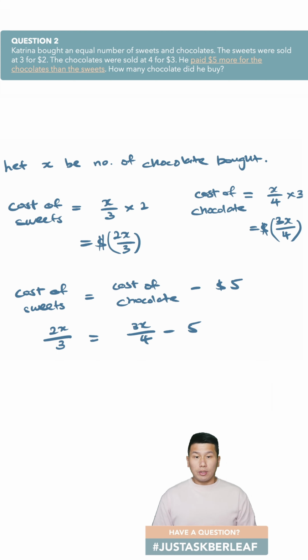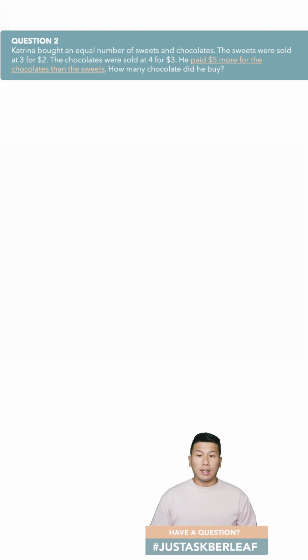Yeah, that's our equation. So this is how you follow through the story and come up with the equation using the last piece of information as a connecting factor. So that's all from me today on Just Ask Believe, which we are focusing on forming of equations in order for you to use algebra to solve a question. So this is very much like the part 1. I hope that this comes in timely for you all, and I'll be working on more questions to cover the last important know-how, which is to manipulate the equations, right, to find your values.